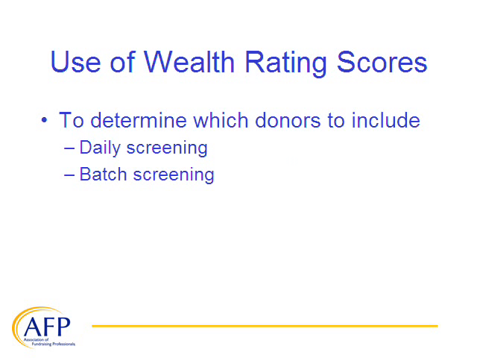So how do you want to use wealth rating scores? Well, one of the ways that you want to use wealth rating scores could be that you have a group of non-donors. So you can just basically forget everything I said about giving history if you're looking at non-donors. If you're at a university and you have non-donors, if you're in a healthcare institution, you have grateful patients who are non-donors, you know that you have a tremendous resource pool there.